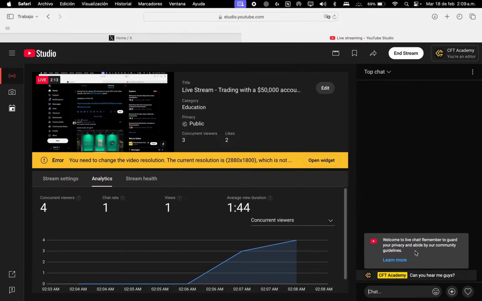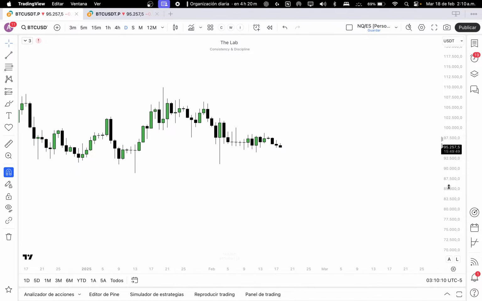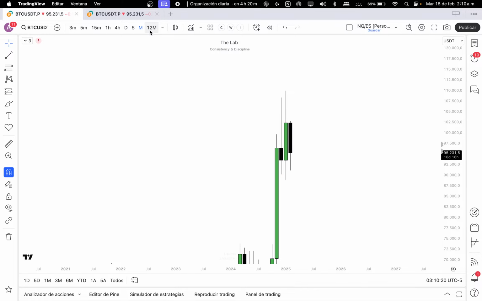As you know, I always start my analysis on the monthly charts. This is basically just a rule I like to follow, and also on the yearly, okay? There are some interesting analyses that we can do here of what to expect on Bitcoin in the long term and in the short term. So let's frame first of all the long term, okay? If we see the yearly candle formation right now, we are still trading above the opening.